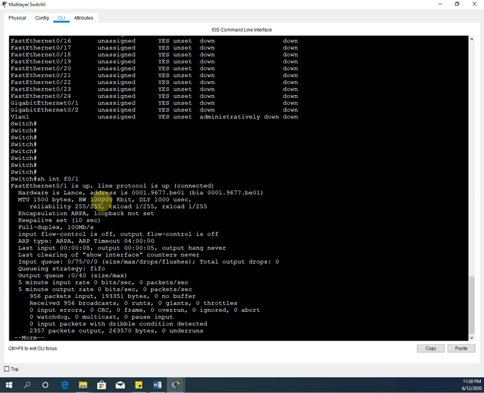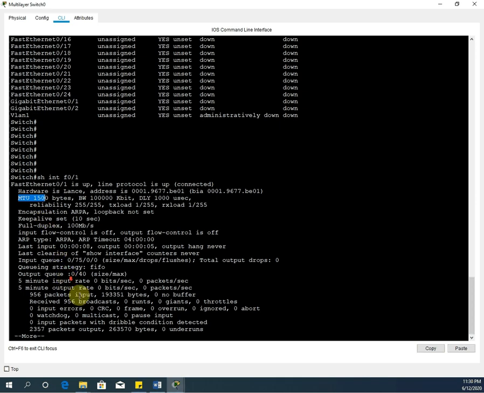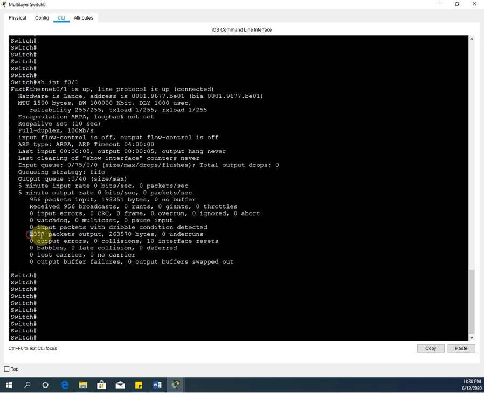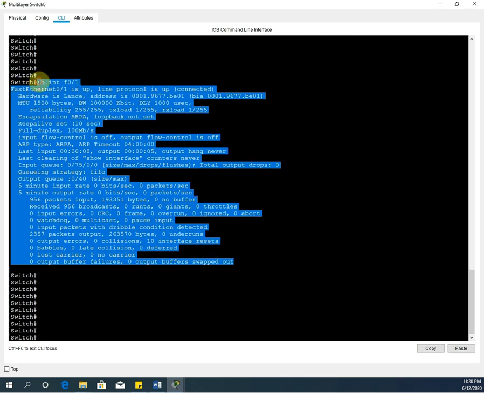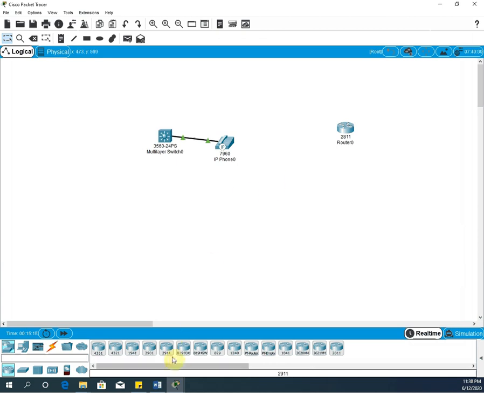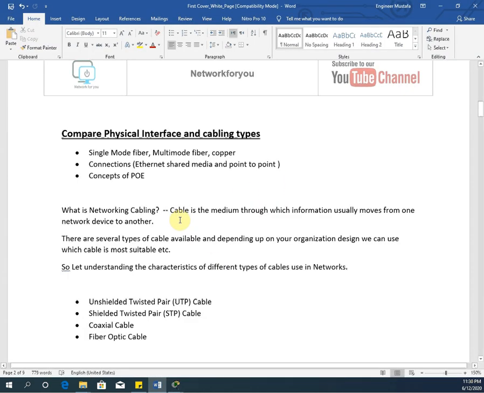You can get the interface detail, what is the interface and what is the MTU, that is the maximum transmit, what you can transmit on this interface, and how many packets are being transmitted as output and how many packets are input, and whatever errors you are getting. If you want to check the detail of that interface, you can look here. So we have different types of interfaces, Fast Ethernet, Gigabit Ethernet, many interfaces we have here. Okay, so now the main thing, we already learned the interface in our old videos, the videos which we have been covering for a long time. Now the main thing, we need to look at the cable types.